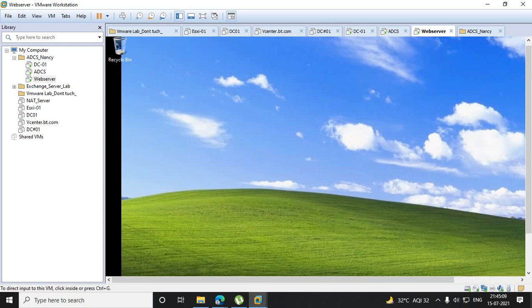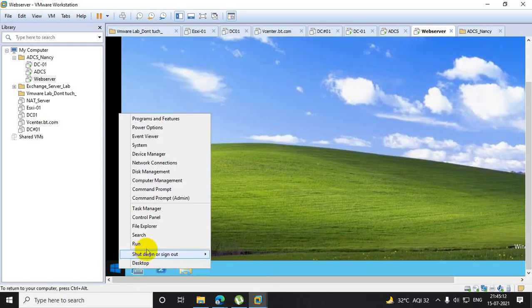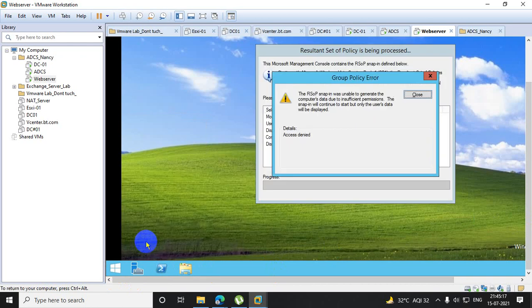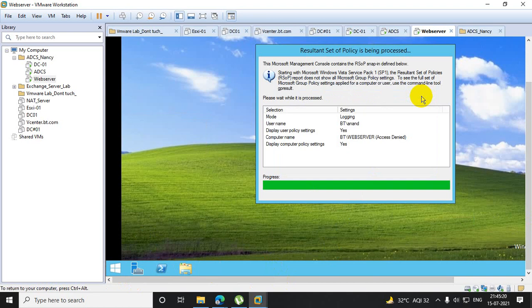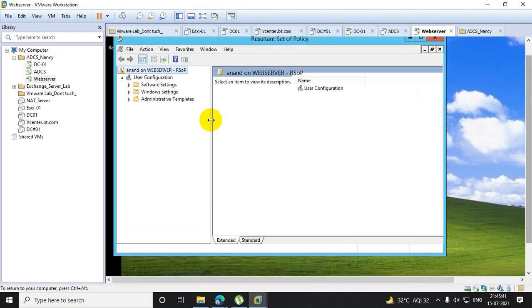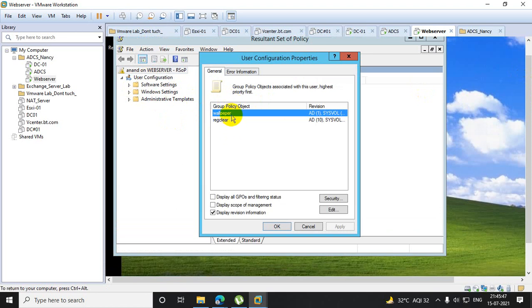Yes, it is also applying. Same thing you can check here, rsop.msc. That means what I want to show you is that if there are any OU trees, and any specific policy is applied on a specific OU, all its child OUs will automatically inherit this policy. So it is called GPO inheritance. If you go to the properties, you will see that it's applying.